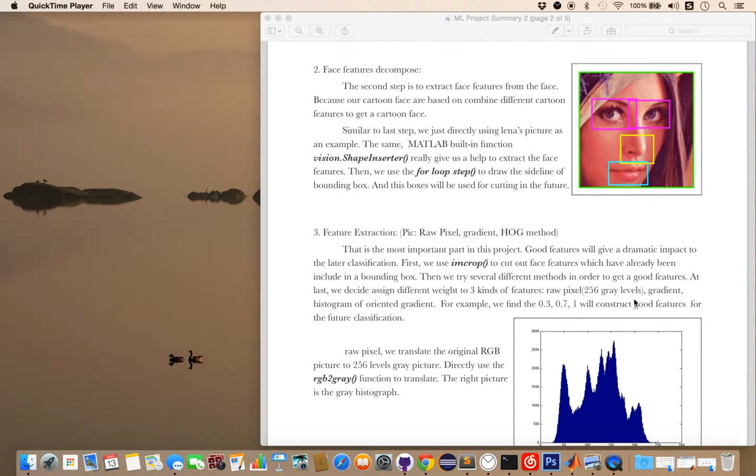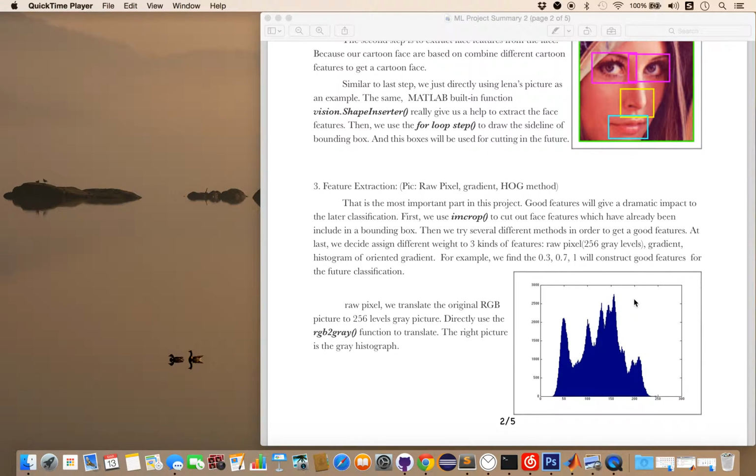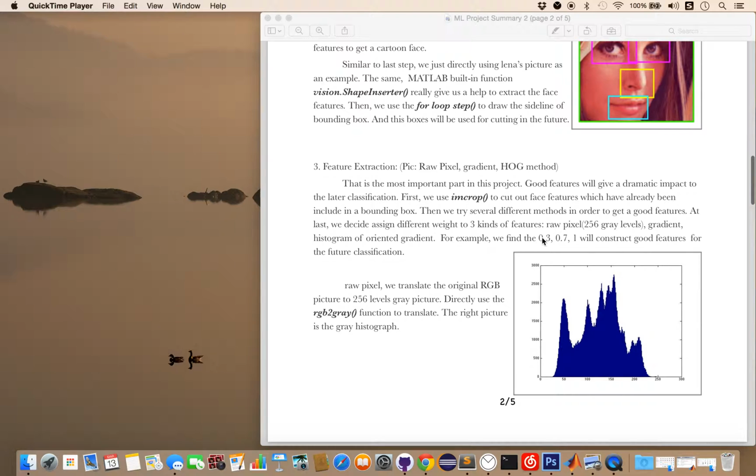Okay. After we implement that, we get into the third step, which is feature extraction. Here, we try many methods and spend many times in this part. It's a very important part for our project. As you know, good features will give a dramatic impact to our later classification. And last, we decided to assign different weight to 3 kinds of features: row pixel, gradient, and histogram of oriented gradients. For example, we assign like 0.3 to the row pixel, 0.7 to the gradient, and 1 for the final